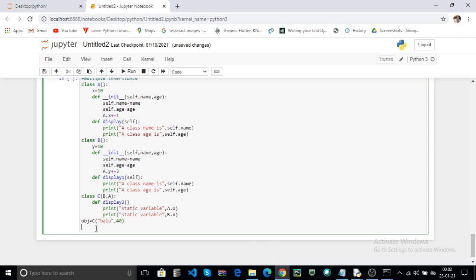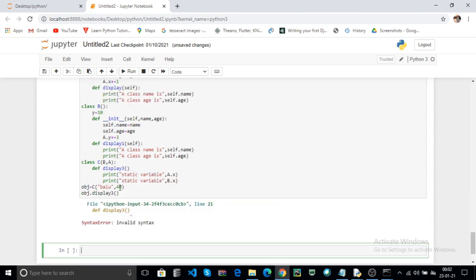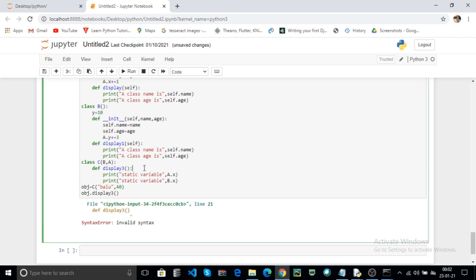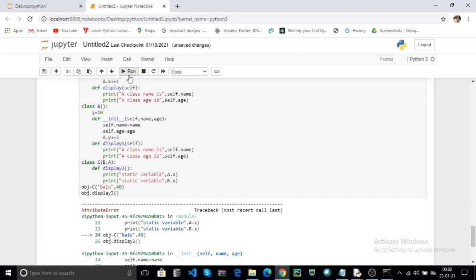Now you can call object name dot display 3 and click on run. Oh sorry, end it with the colon. Now click on the run.